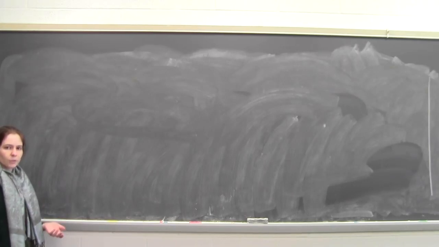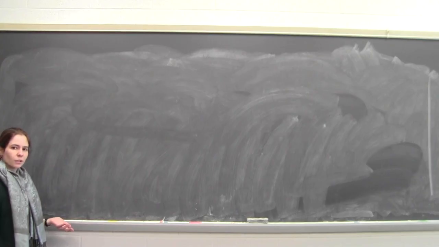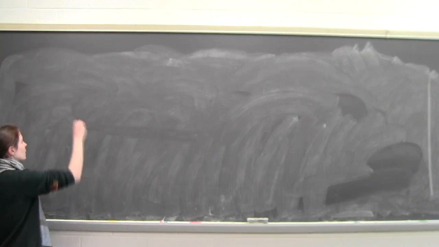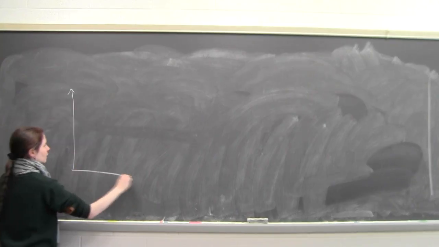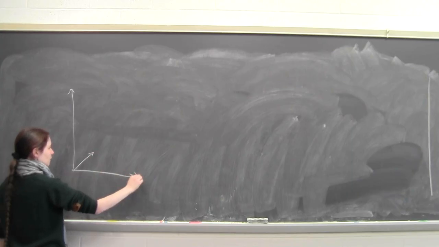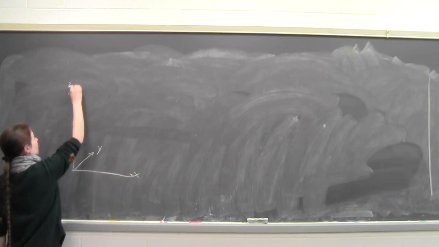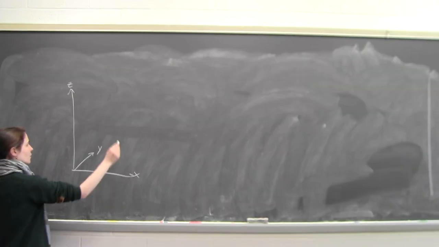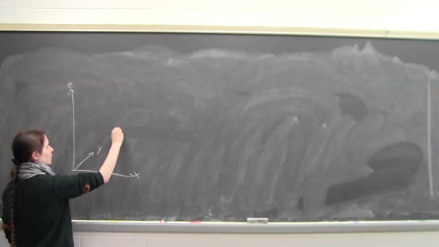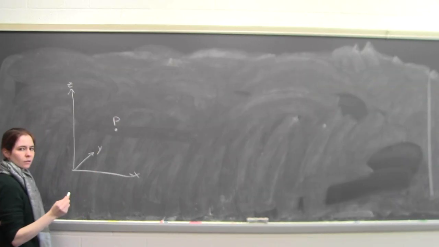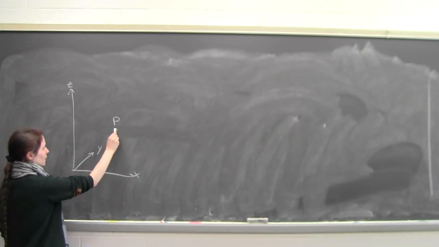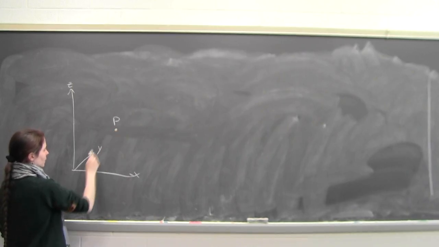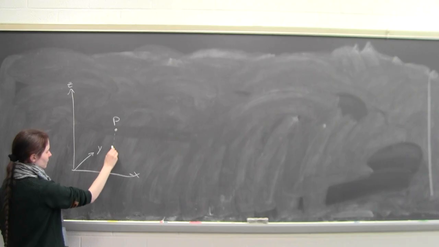A location in three-dimensional space can be described with three numbers. So in Cartesian coordinates, x, y, and z, I'll put up a set of axes here. We would usually just use those three numbers, x, y, and z. And so if I wanted to think about some point P over here in space that has some distance x